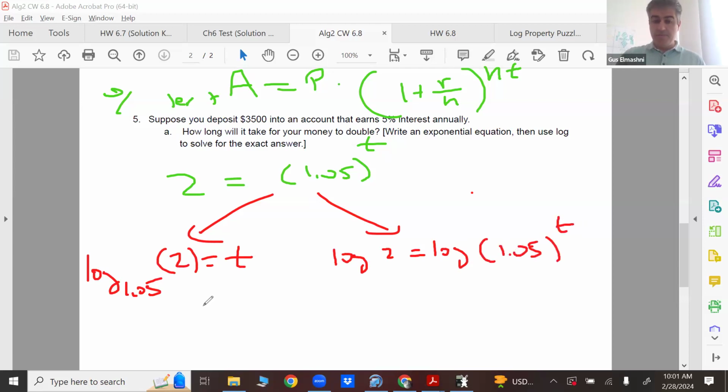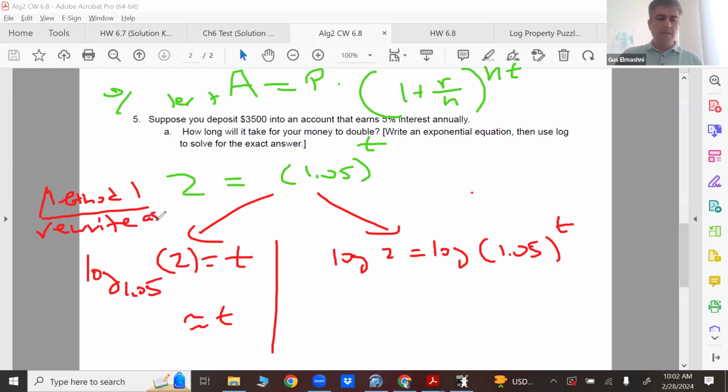Either way is fine. So you could do method 1, which is rewrite as a log function. Or method 2,